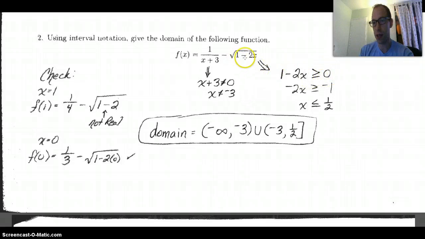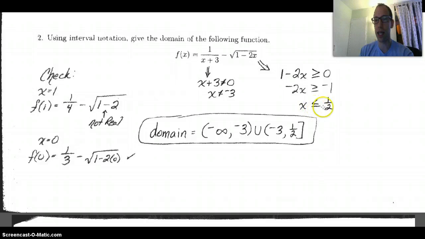It's okay to have a 0 under a root. So we find that x is less than or equal to 1/2, but x cannot equal negative 3. So the domain is anything less than negative 3, not including, that's why we put these rounded parentheses here, very important, and this is the union, so this interval together with this interval up until positive 1/2, and here we include the positive 1/2